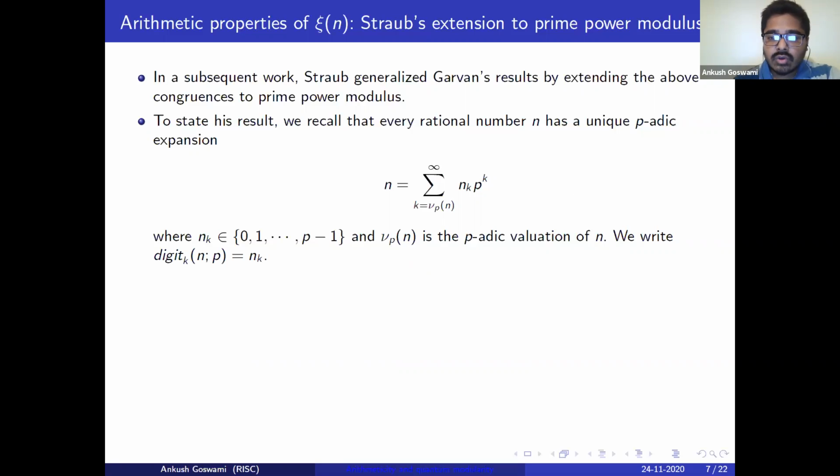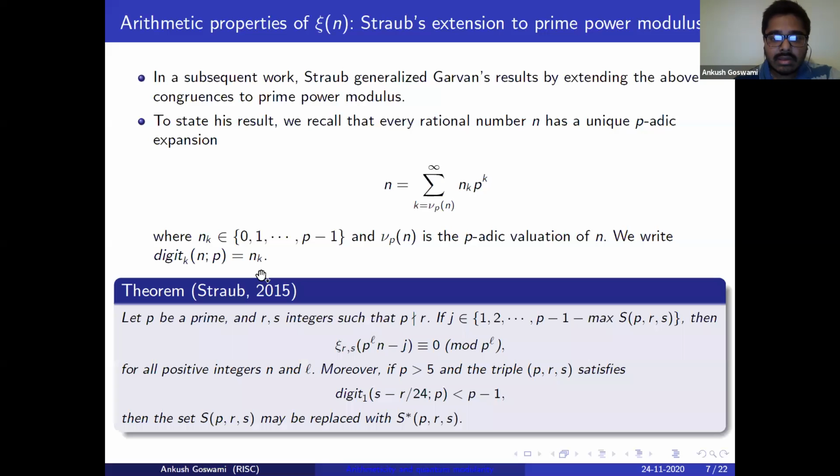Okay, and then we also write n_k in this form. So n_k is written as digit with subscript k of n semicolon p. So this is the notation for n_k. Okay, and then we can state Straub's result, which states that if p is a prime and r and s